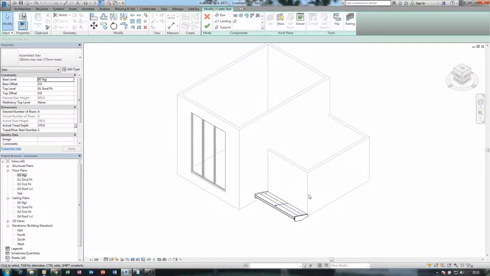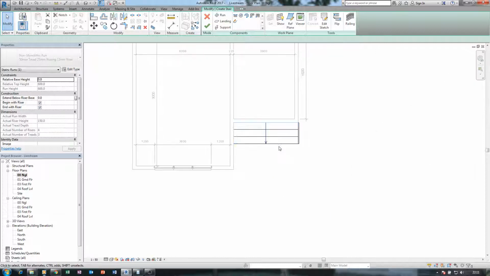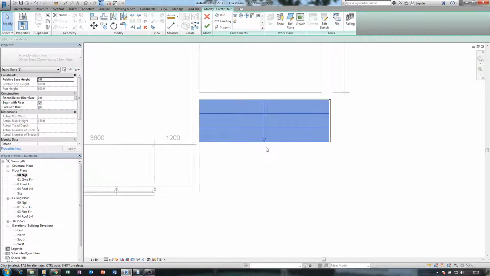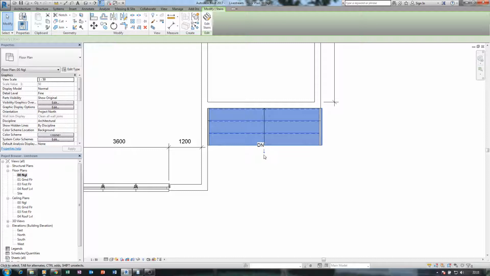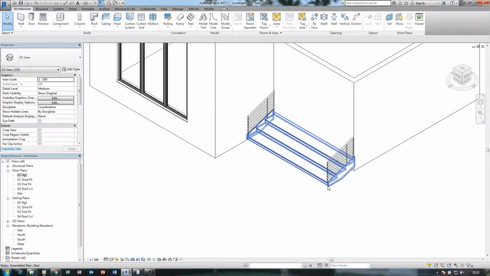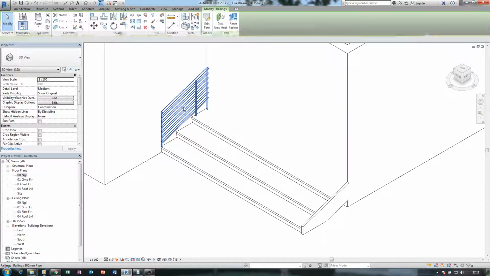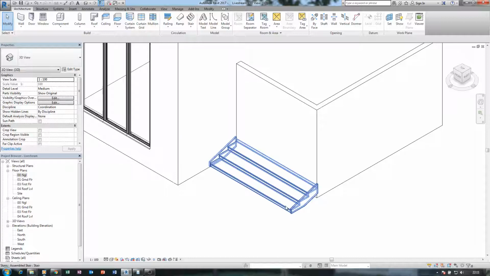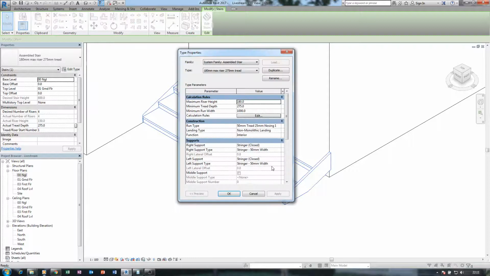So now we have this problem here. It's really annoying when you see that kind of thing. So all you need to do is to finish it, and you click on it, and you click this flip arrow. It will give you a nice flip of that. So I don't like this staircase. I don't want to see any string guy here. Just going to choose none.